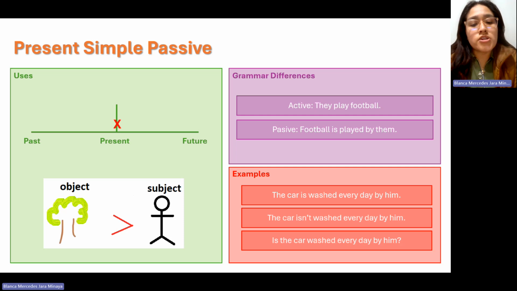The car is washed every day by him. The car isn't washed every day by him. Is the car washed every day by him? And finally,